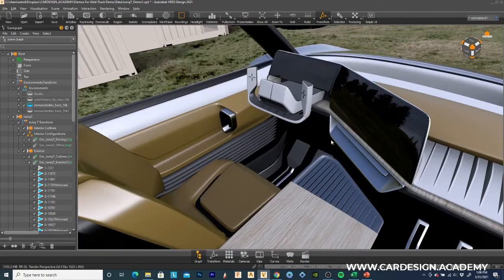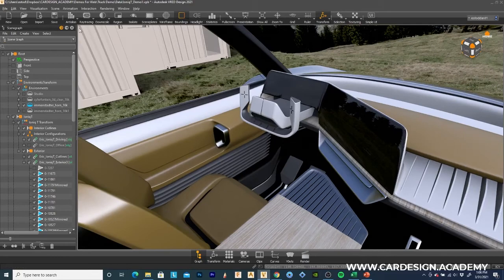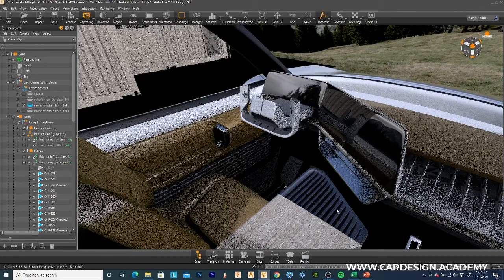I'll just show you what happens if I turn on ray tracing with the interior. And it'll take a minute here. Okay, so yes, you have cast shadows. However,